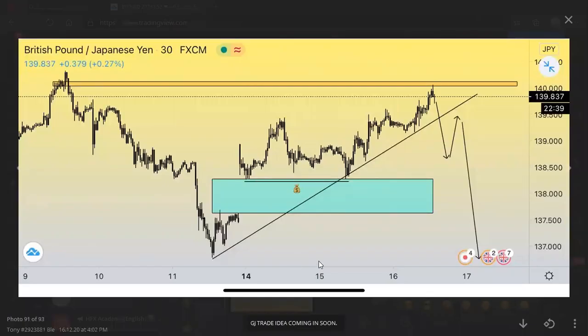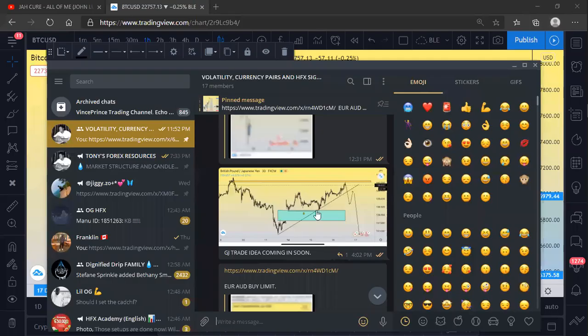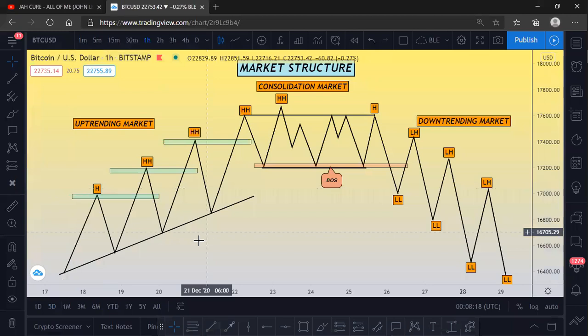You can see how I drew the trend line from here. You can see this went up. I said that this is the second data point, so I connected this to this. And then you can see how price came back there, bounced up, came back there, bounced up. So I'm expecting it to come down to break structure. But this is why I was looking at the British pound, Japanese yen.